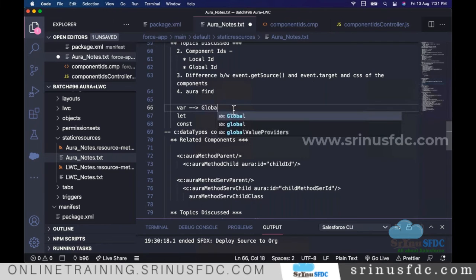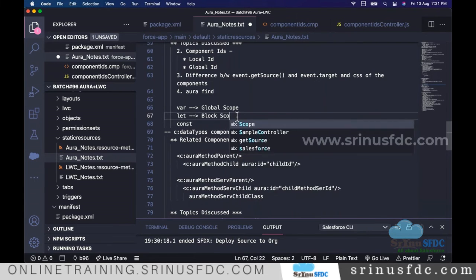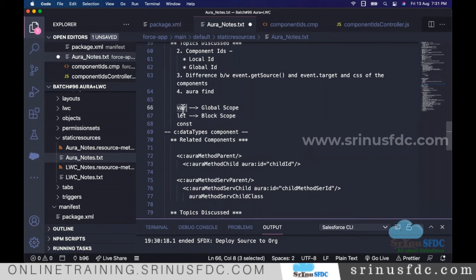Maybe in my JavaScript basics you will understand. So var is global scope, and let is block scope, like in Apex, how our variable scope works, the same way. Var is dangerous. That's why nowadays in modern JavaScript, it is always recommended to use let. And both var and let